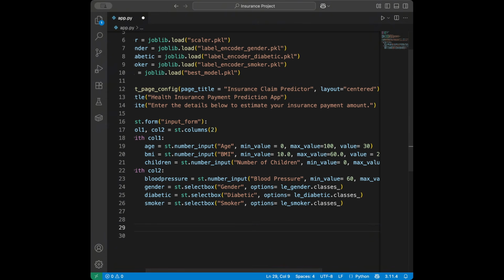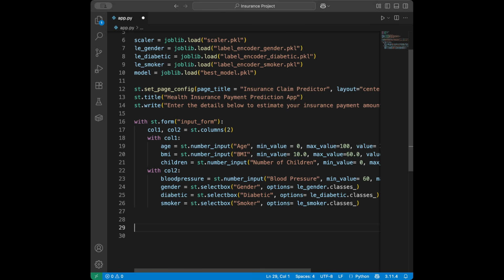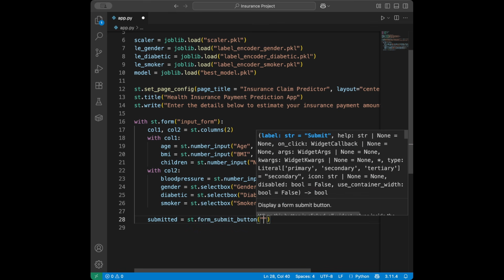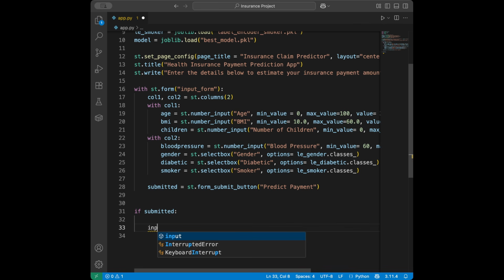Okay, we have those ready, and after those we are going to say, outside of this with column 2, submitted is going to be streamlit form submit button, predict payment, and it's going to be ready like this. And now we are going to pre-process it and predict the payment amount. So we will say if submitted, so if this button is clicked,